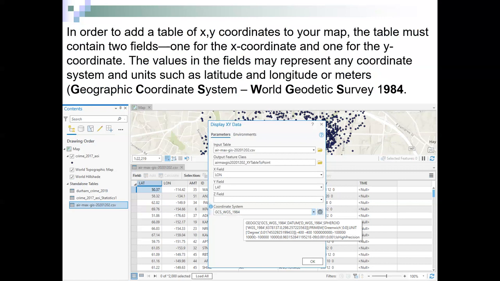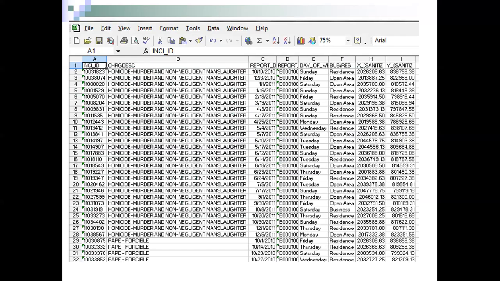And then when we have add XY data, I've added that data to ArcGIS Pro. This is what it looks like. It's got a new column called lat, new column called long, LO1 for longitude, and we just added it as a geographic coordinate system because we know anything with GCS is going to be latitude and longitude, those angular units that we don't like working with because we work with sines and cosines and all that other good stuff. But I know these units here aren't in feet or meters or anything like that,